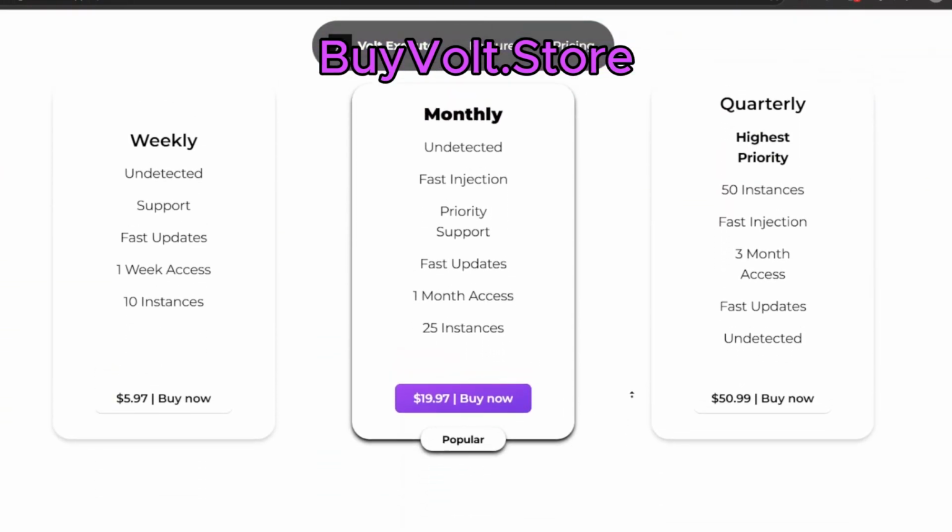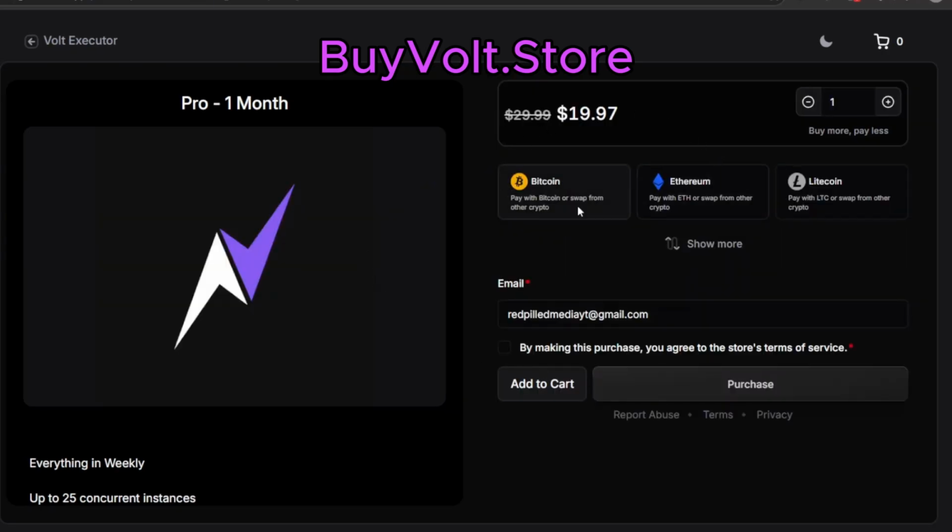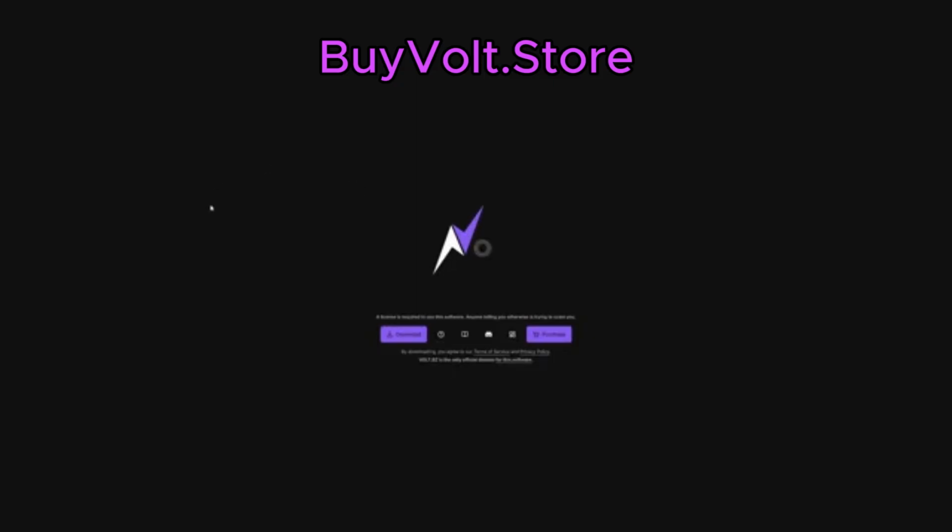And you can pay with cryptocurrency. There's all these options here, and that's how you get your key. Once you actually buy the key, it will send it to the email that you put in once you click pay. Okay, so once you actually get your key from your email,